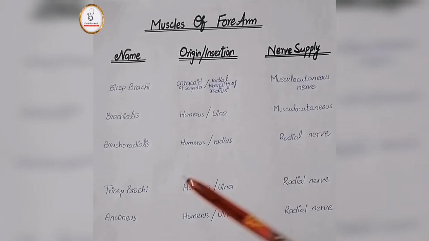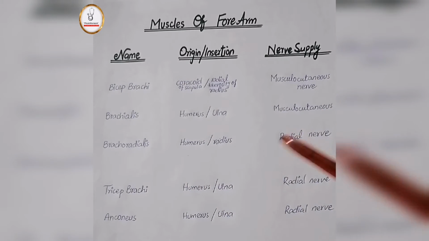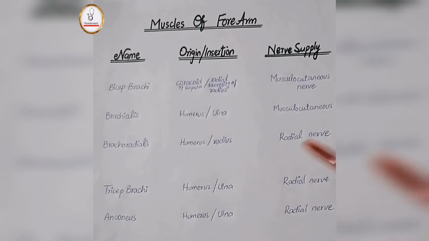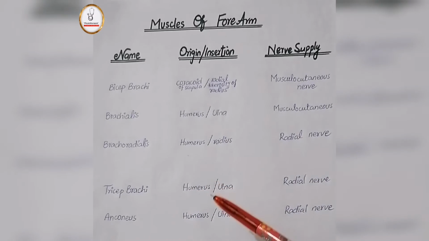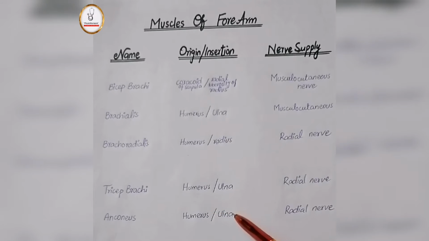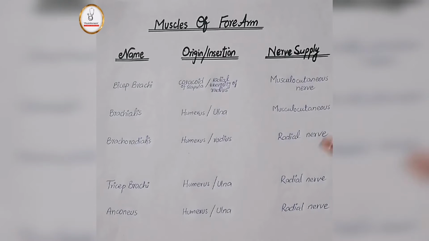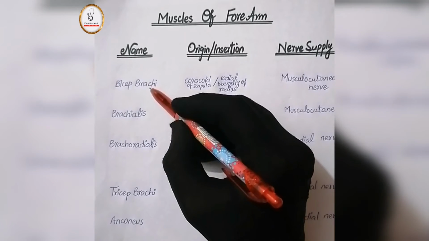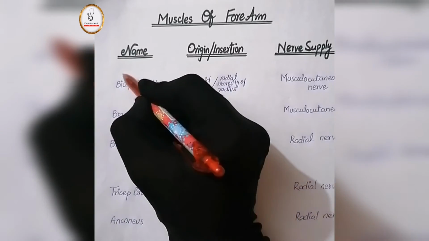The next muscle is triceps brachii, originating from the humerus and inserted on the ulna, and its nerve supply is the radial nerve. The next one is anconeus, originating from the humerus and inserted on the ulna. The same nerve supply, the radial nerve. These two muscles are the extensors of the forearm, so their origin, insertion and their nerve supply are the same. So these three muscles are the flexors,